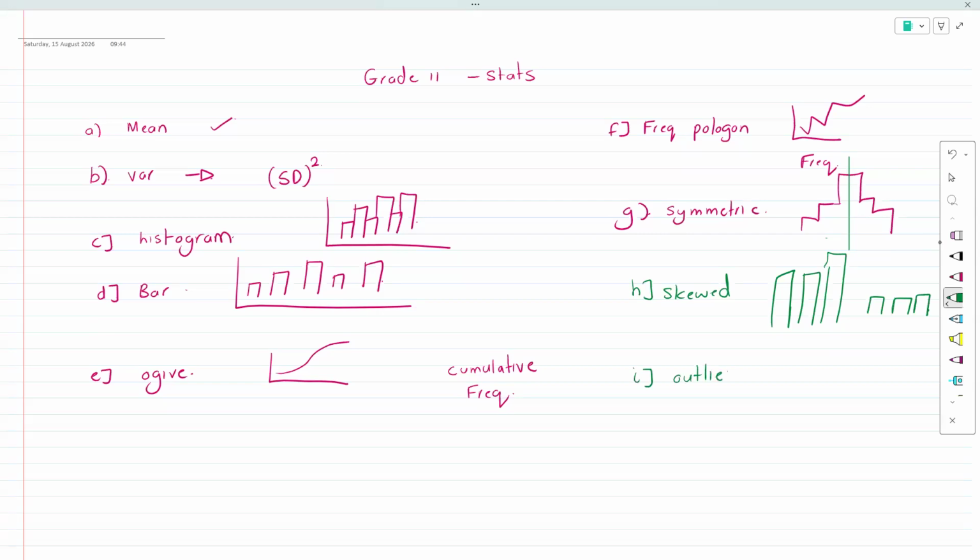So when it comes to an outlier, it is a bit of data, or a piece of data, or a value that does not fit in with the other data, right? And this is because of some sort of strange occurrence, or maybe just because the data was written down incorrectly. Like all of you on this call